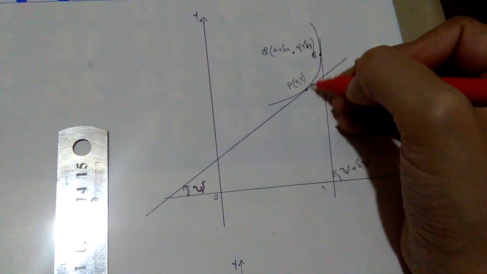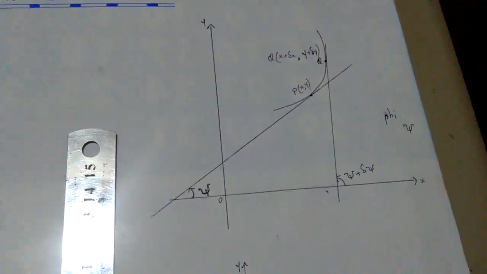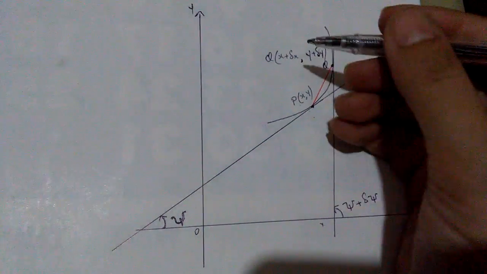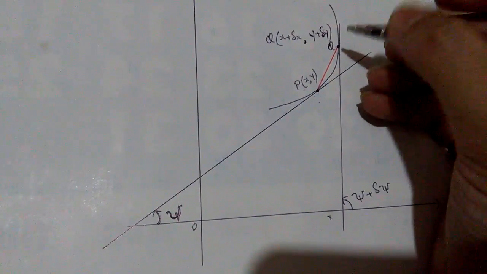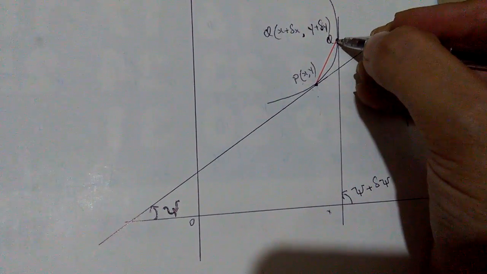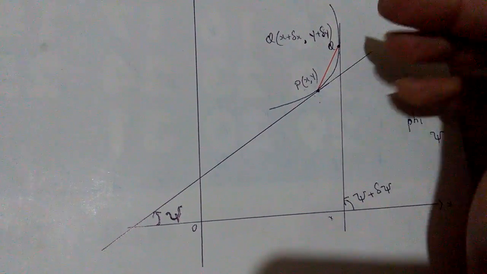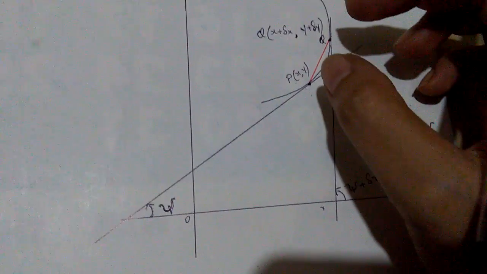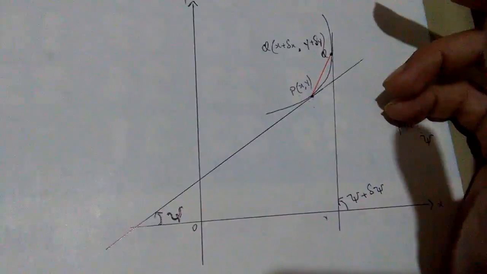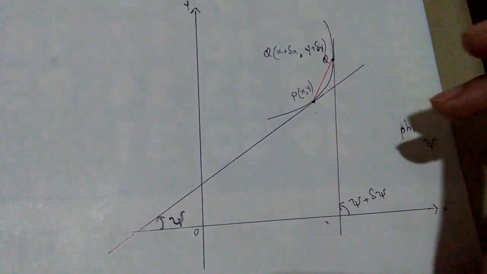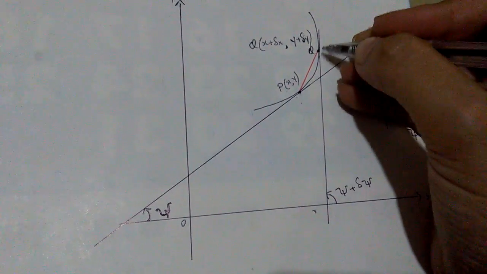Okay, so let me just join these two points P and Q. Here you go. Okay, so now what is happening exactly? This is the secant line. Once P and Q are at a visible distance from each other, you can easily observe the secant line, and it is convenient and possible for you to find the slope of this line by a conventional method of